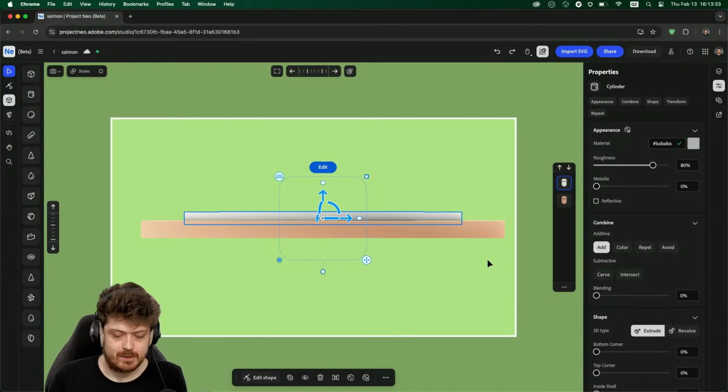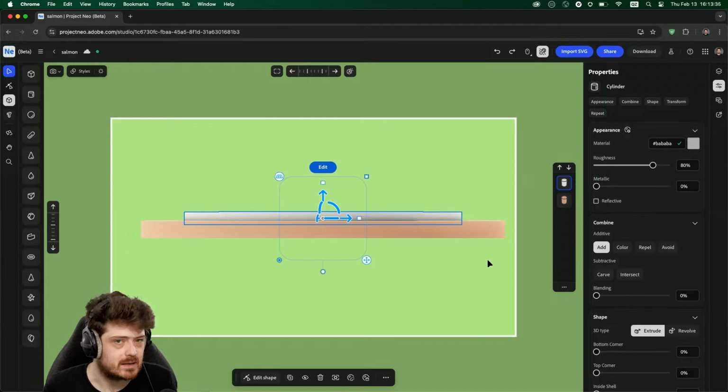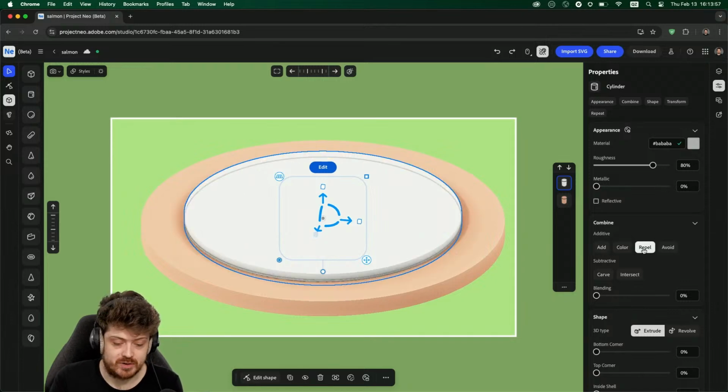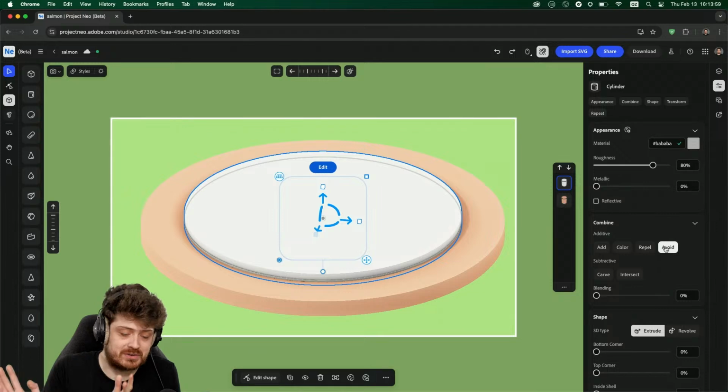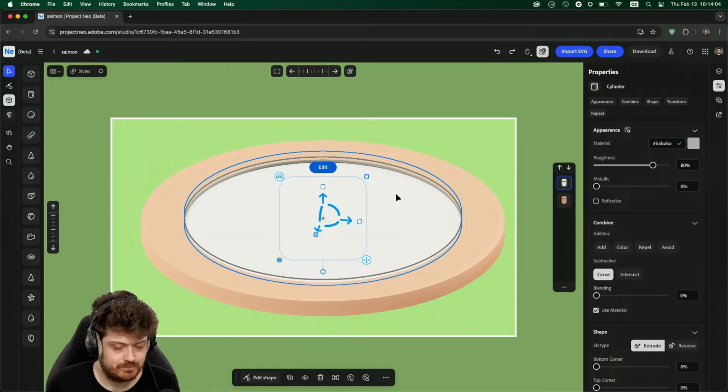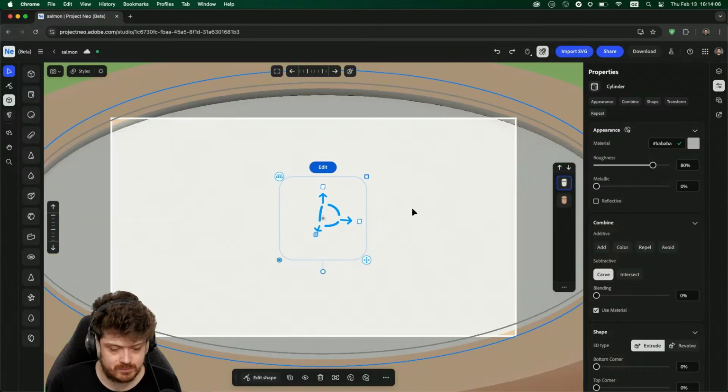Absolutely. So what we're now going to do is we're going to combine those two shapes. And to do that, it's a bit like the Pathfinder in Illustrator, but it's in 3D. So over here in the Combine panel, we can check if we want to add something, what we're doing right now. If we just want to set the color, there you go, it's just now the color. If we want to repel something, if we want to avoid another object, or in our case, if we want to carve it out. And as you hopefully can see, I'm going to zoom in a bit further,